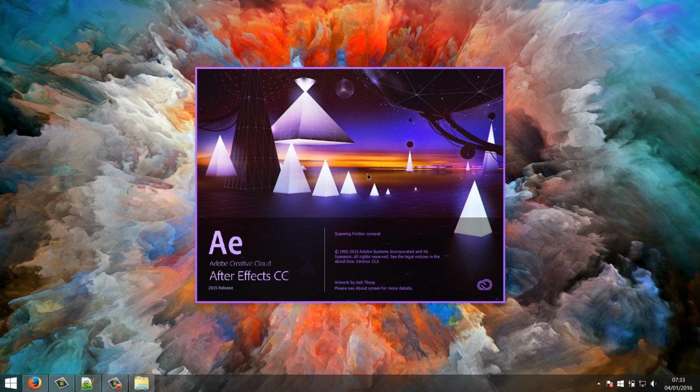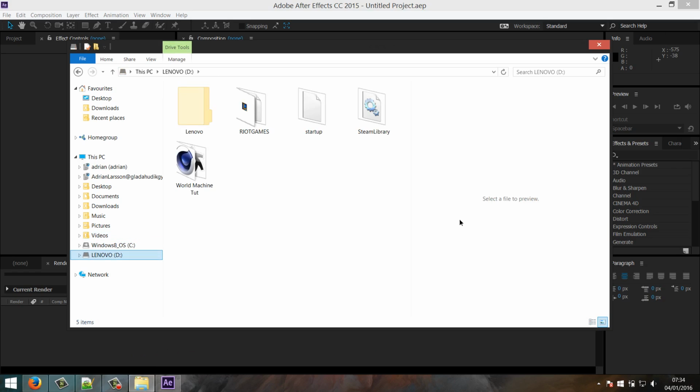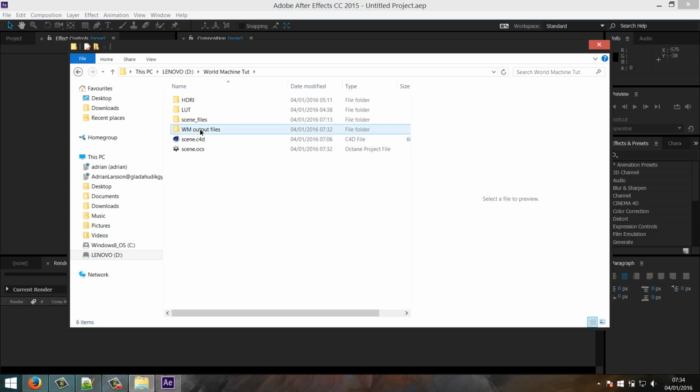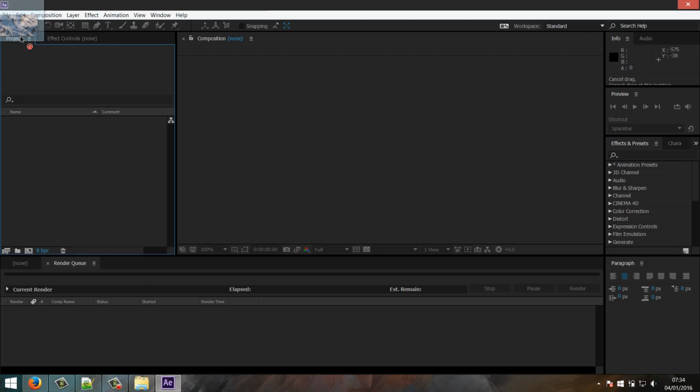And I'm going to try to recreate that in After Effects to give it some nice colors, and a side effect, which is a positive side effect of that, is that we will hide a lot of the noise that comes out of Octane. So what we'll do is import the output file into After Effects, create a new composition,